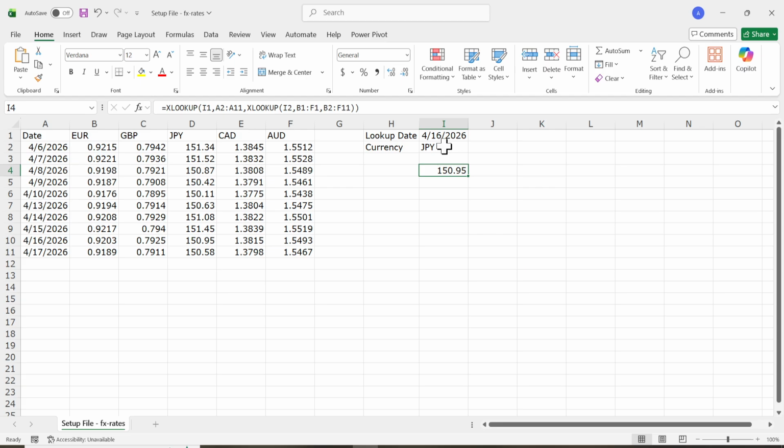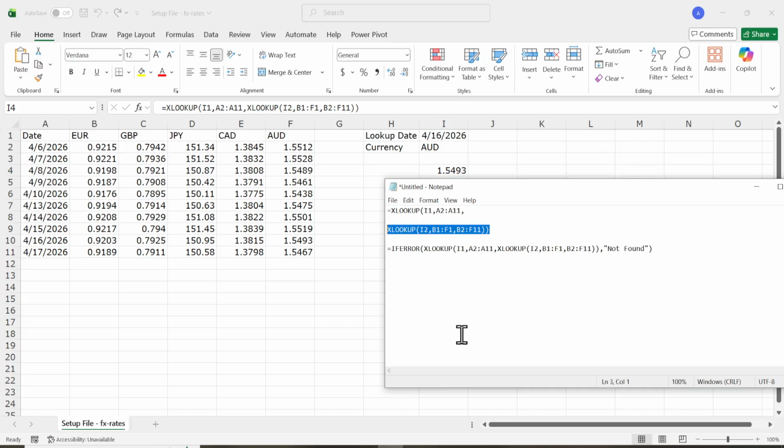Now add the optional error handling for missing entries. Click cell I4, then press F2 to edit the formula. Move to the beginning of the formula and wrap the existing XLOOKUP formula with IFERROR. The edited formula should read equals IFERROR, open parenthesis, XLOOKUP, open parenthesis, I1, comma, A2 colon A11, comma, XLOOKUP, open